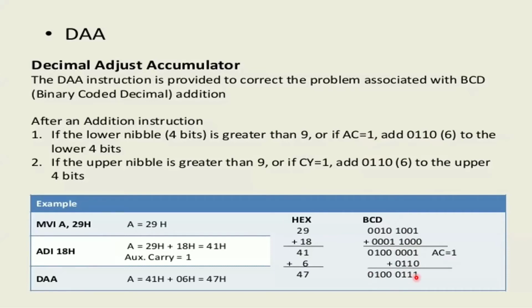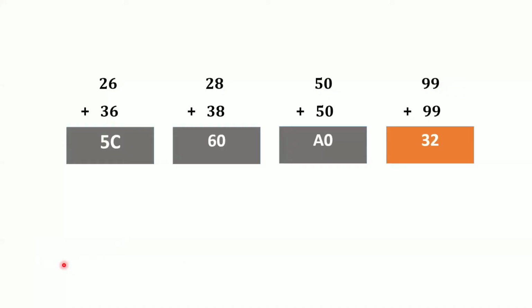That means it does the magic for your decimal additions. Whenever you are performing operations on decimal numbers, addition especially, you need to use this instruction DAA, after performing the addition. If you want to understand more about this, take a screenshot of this slide as well as the previous slide. Spend 5 minutes after this class is completed, and you will be able to understand how the decimal adjust accumulator instruction operates.